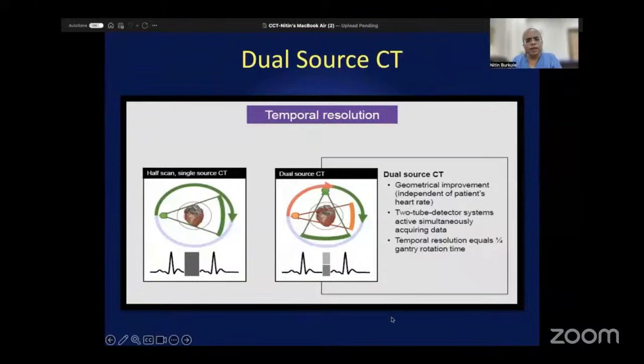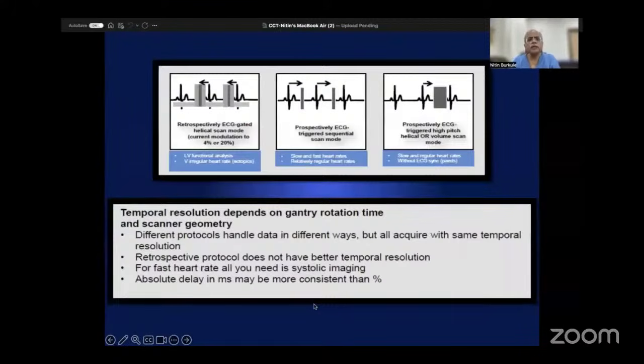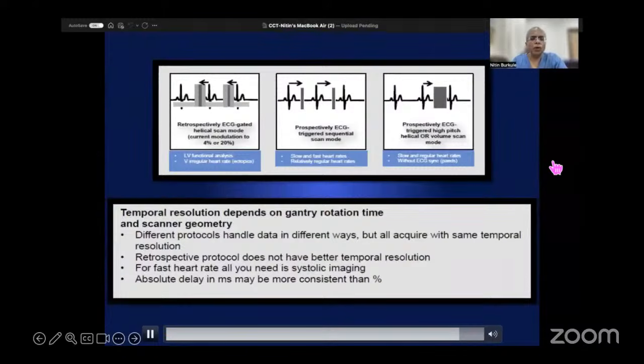So as you can see, when you have only one X-ray tube, this is your imaging time window, and you have almost halved it by using a dual source CT. So if we summarize the different ways of improving temporal resolution,